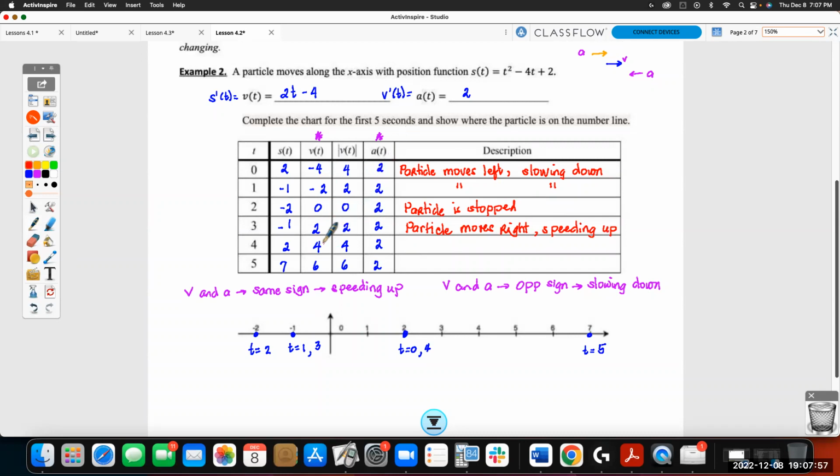At t equals 4, the particle is moving to the right since velocity is positive. Velocity and acceleration are both positive, so the particle is speeding up. The same is true when t is equal to 5, the particle is moving to the right, and the particle is speeding